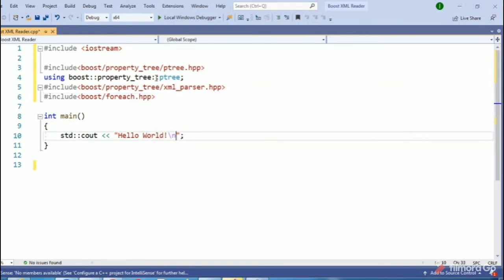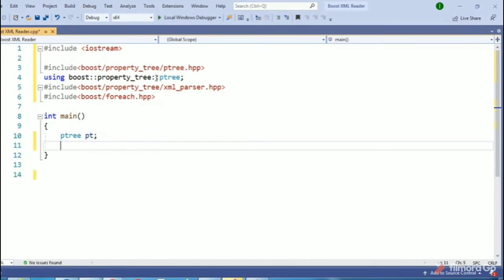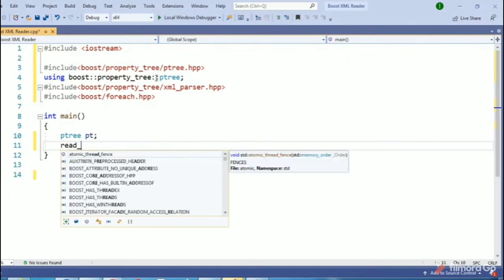Now let's quickly start with our program. In main, we will declare a ptree and then its instance. This is the data structure provided by Boost to read an XML file. This will point to the XML file, so we can say it is a pointer to the file.